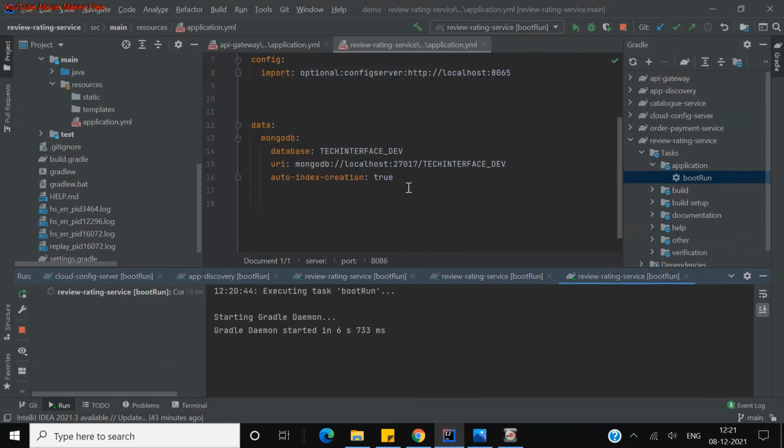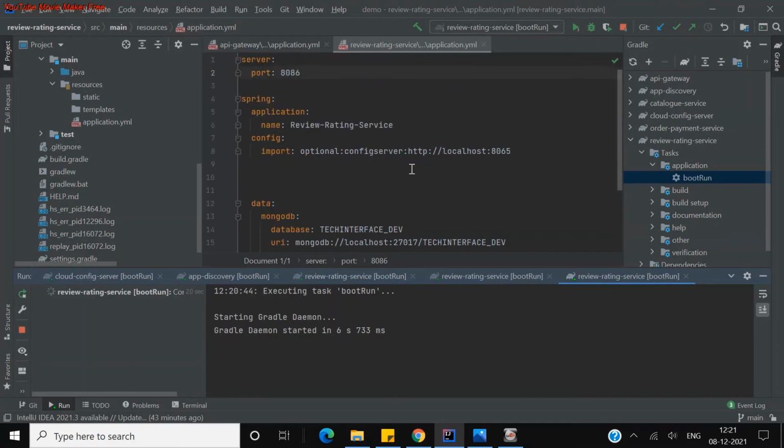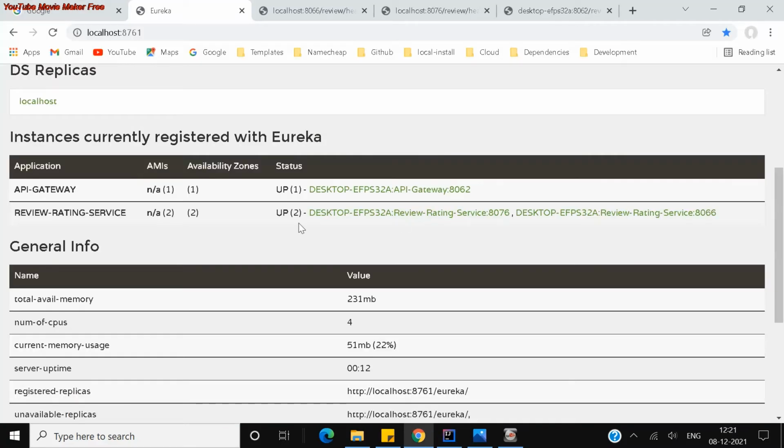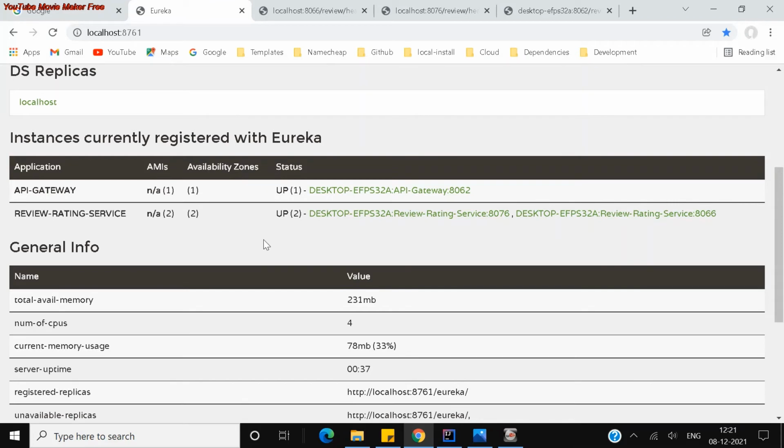So it's a simple configuration which we need to do in the Spring Boot IntelliJ configuration as well. In Spring Boot, you just need to change your server port because we cannot run multiple instances on the same port. So you just need to change the port number and rerun your application. It's a simple configuration from the Spring Boot side as well as the IntelliJ side. You can run multiple instances here, and as long as your system supports multiple instances with heap memory and everything, you'll be able to run as many instances as you want to test your load balancing and any other activities which are required.